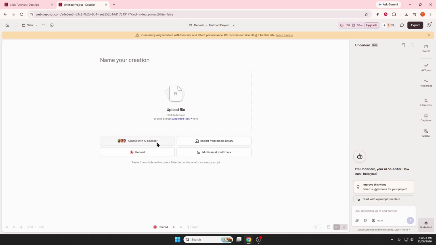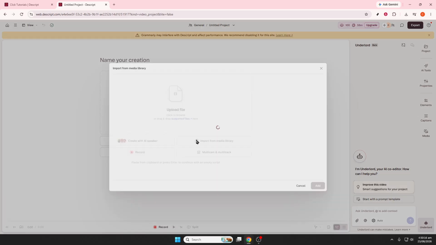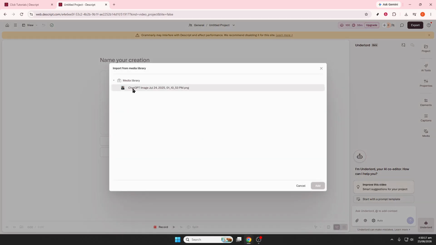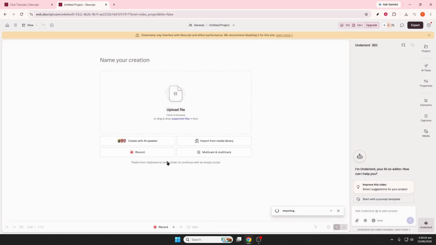If your version of Descript includes AI tools, you can also use features like eye contact, studio sound, or other AI-powered editing options to refine the final result. Before you finish, preview the entire project from beginning to end. Check your cuts, captions, audio,